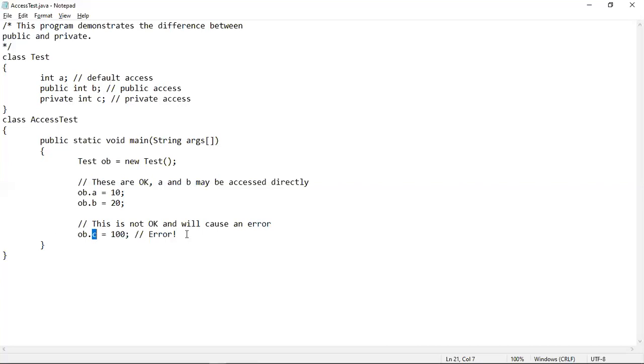Now after this statement, if you want to print the values of a, b and c, obviously that statement is also going to give you error, because even if you can print the values of a and b, the value of c cannot get printed. So this program is going to give you an error. Let me write down the value printing statement after it.